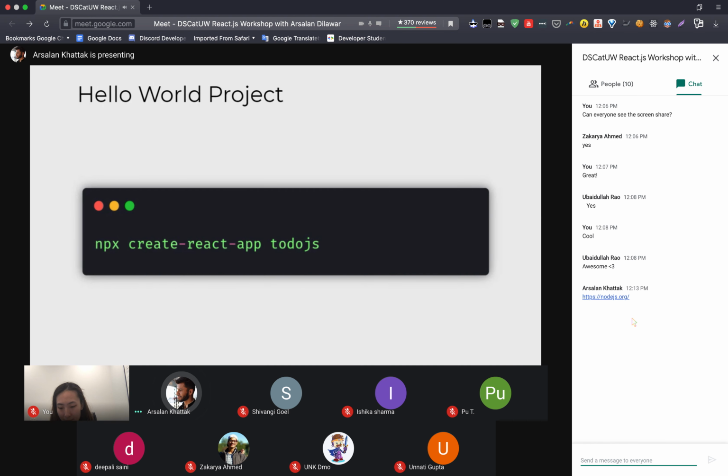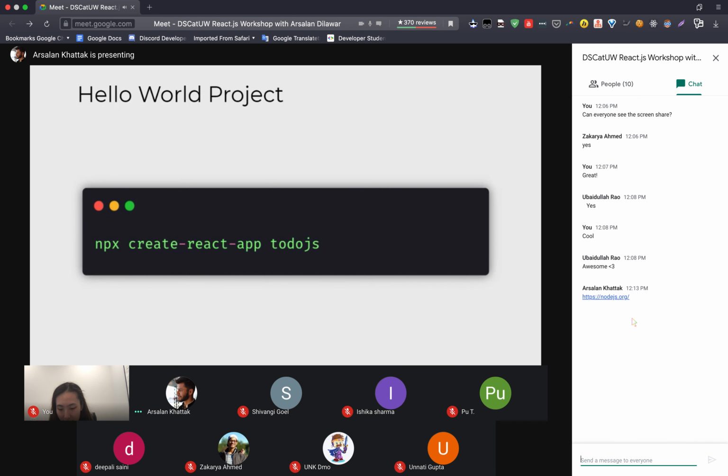Inside that folder, it will create some files and also install some packages. npx is the command, create-react-app is the package name, and then to-do-js is the folder name. The third name you can change to whatever you prefer, like just to-do or just JS.